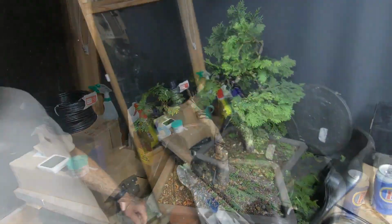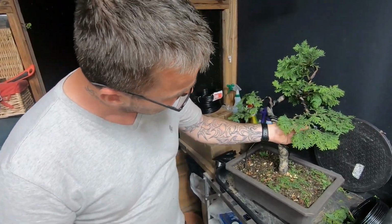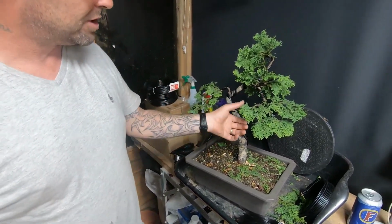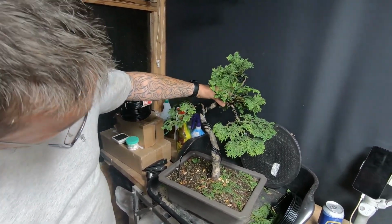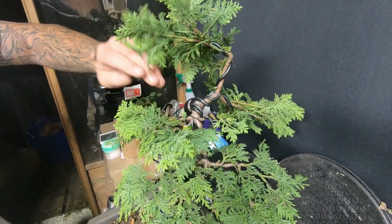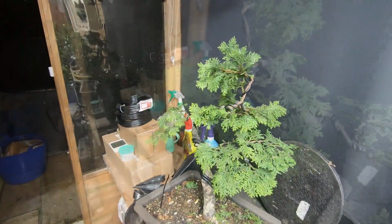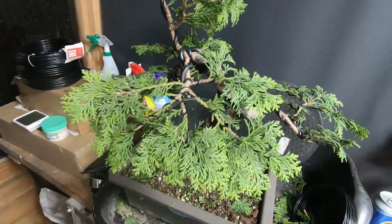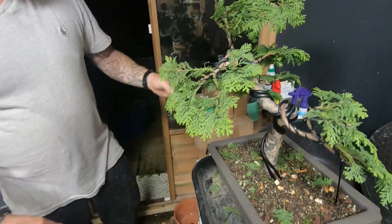That's the best way. So the only thing I haven't done is wired all the foliage, so that's why it looks a bit floppy. But I've started to try and create some pads which Scott can just pinch back, let grow, and once it gets a bit thicker we can put a lot better shape into it. I've got the top third of the tree to do, so I'll continue wiring these. I might do this back branch first, create something with this branch, then we'll come back to the apex. Making it into something. I mean, maybe the foliage and everything doesn't support itself to be great bonsai material, but